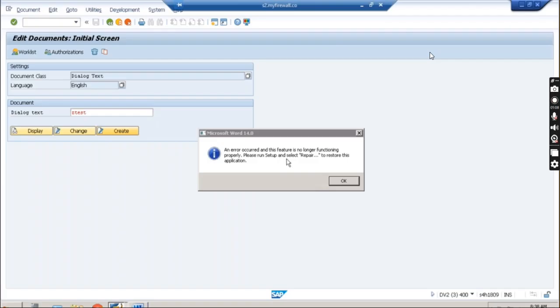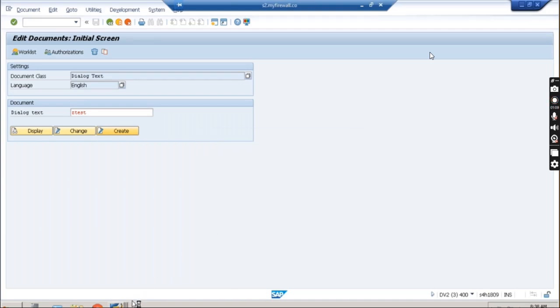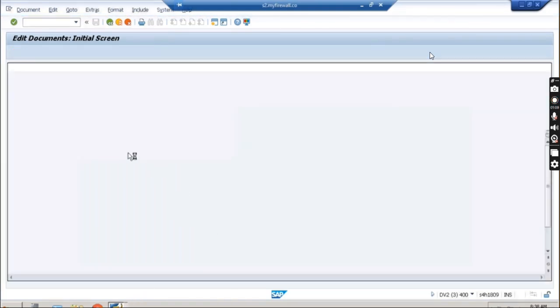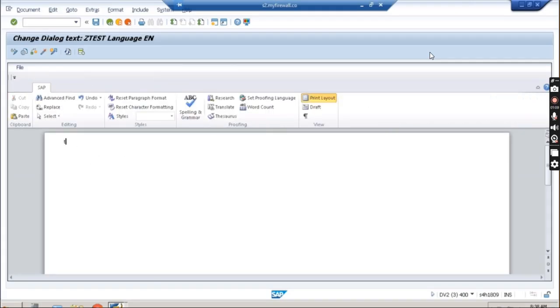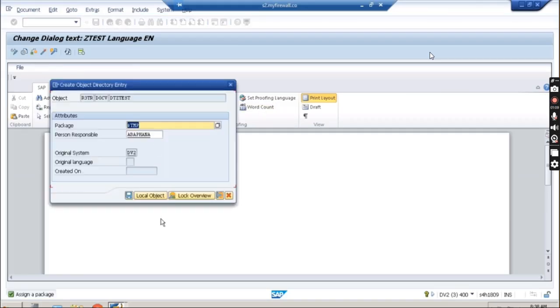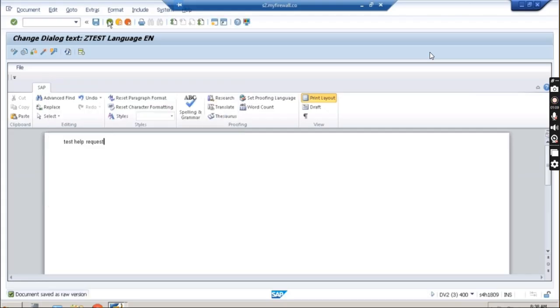An error occurred and this feature is no longer functioning properly. Please run setup and select repair to restore the application. Okay. Some give test, help, request, something like that you can give, or just save it, local object, go back